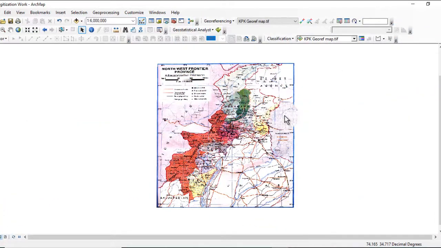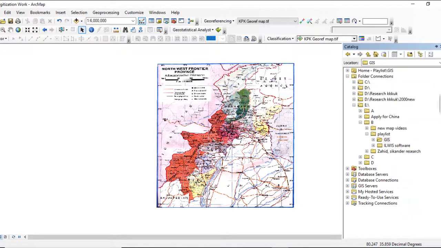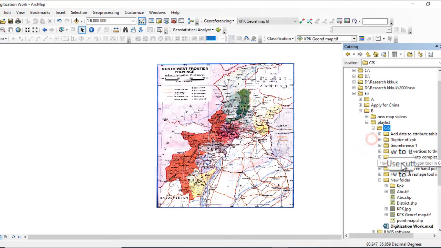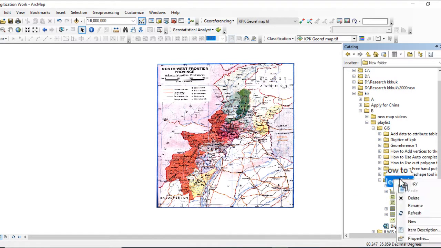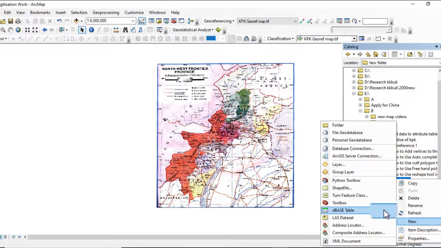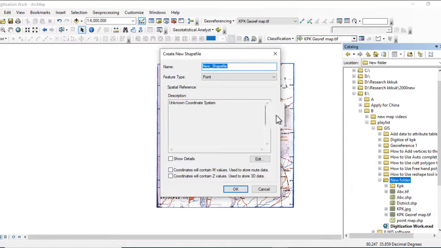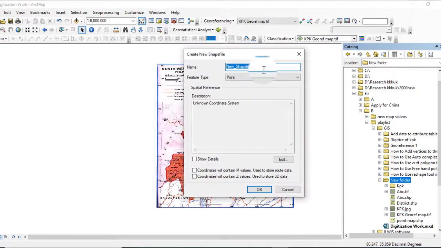For a line data shapefile, first go to Catalog and select the location where we want to create the shapefile. So click on the folder and go to New and create a shapefile. Here give a name to the shapefile